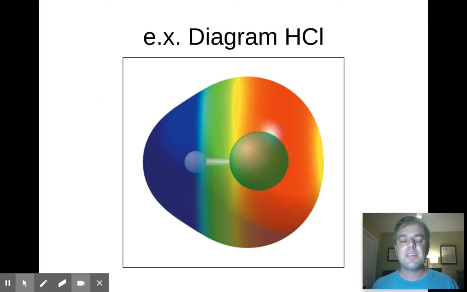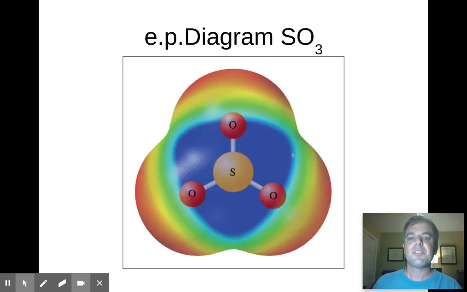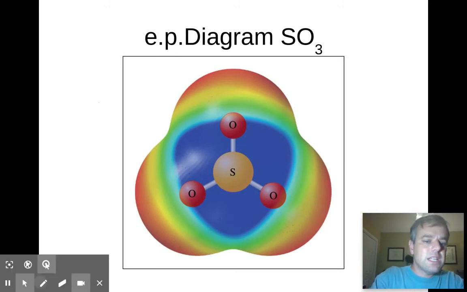Here we have hydrogen chloride. This is obviously very polar. Chlorine is much more electronegative than hydrogen. Sulfur trioxide. This molecule, it's trigonal planar. It's completely flat. Oxygen is more electronegative than sulfur. But the way these dipoles are arranged,